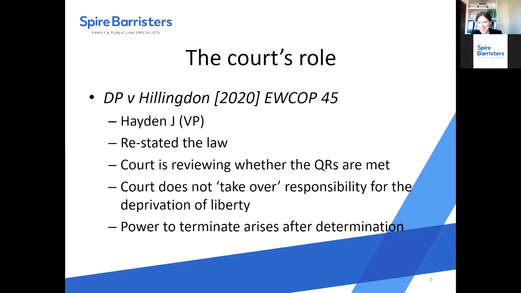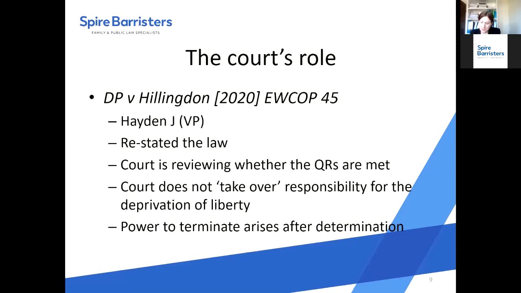However, there's always a however in these cases. Having said that, it is important to remember that once a section 21A application is made, that doesn't mean that those are the only issues that the court can look at. There's the old case of Mr Justice Charles in RUF, but actually Mr Justice Hayden himself restated this again in a case from the beginning of this year, a case of UR,